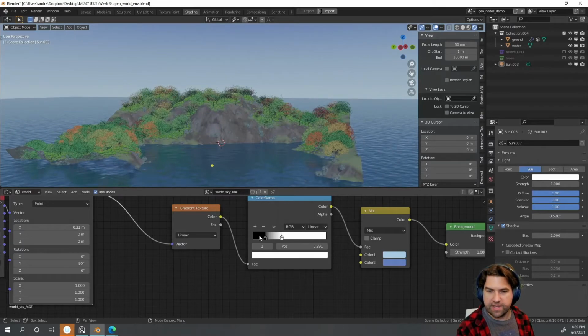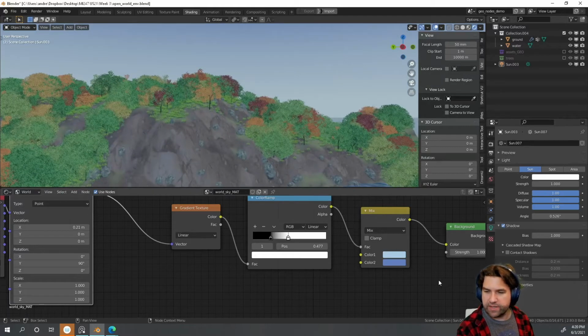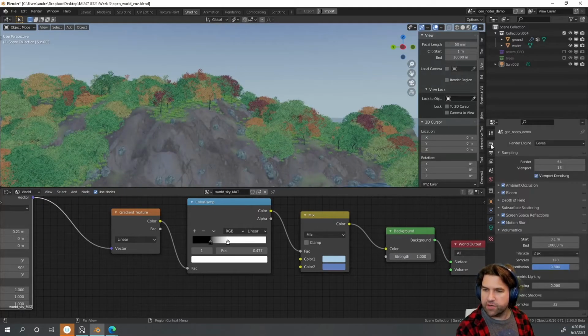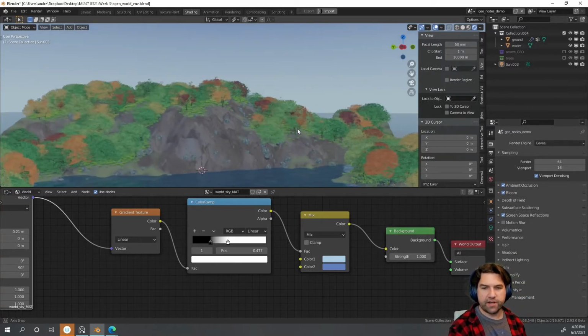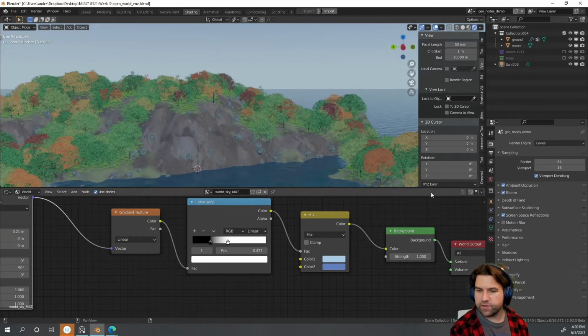So now I can decide where my deeper and darker blue is. So I got a nice sky blue, and you can see the strength actually affects our whole scene. Make sure we go over to our Eevee tab, and we're going to turn on things like ambient occlusion, bloom, screen space reflections, and motion blur, which maybe does or doesn't have to be on, but it's going to help us fill out our scene, because now, like I said before, we've got some actual lighting, which is pretty cool,